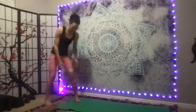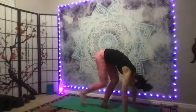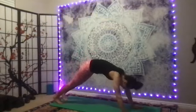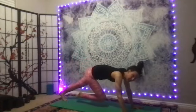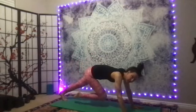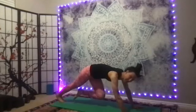Let's take a vinyasa. Take your fingertips, sweep them down, go up, and then let your hands come down. Feet to the back. Now hold here, and if you can, pull your right knee under for a flamingo. 5, this is abs. 4, and yeah, there you go. 3, 2, now let your right foot back, pull your left knee under, and it's hovering. 5,